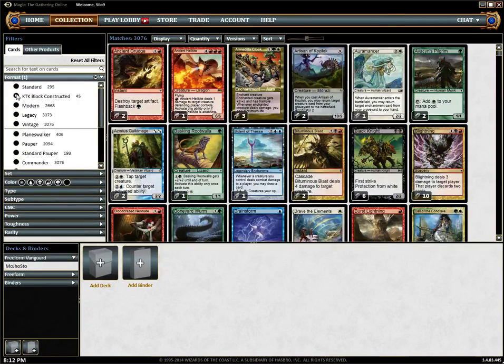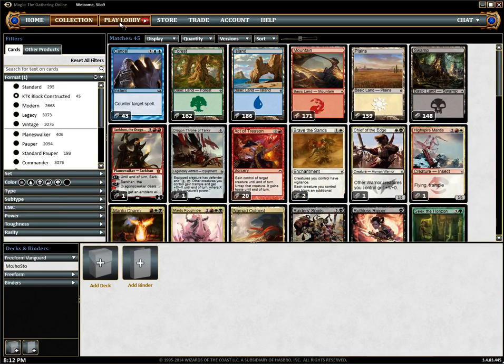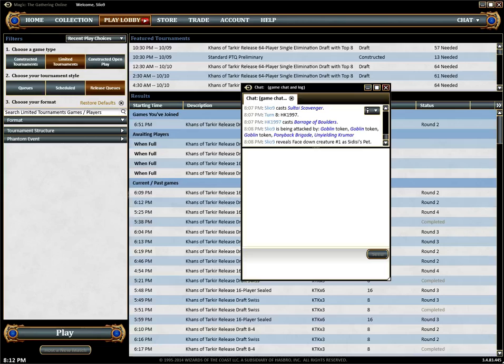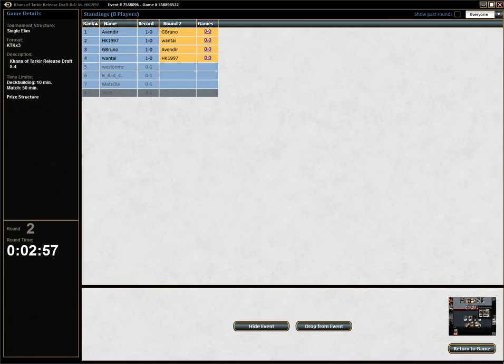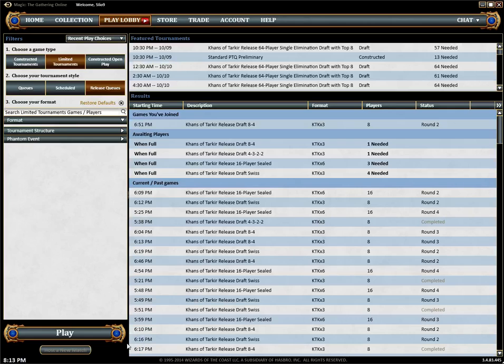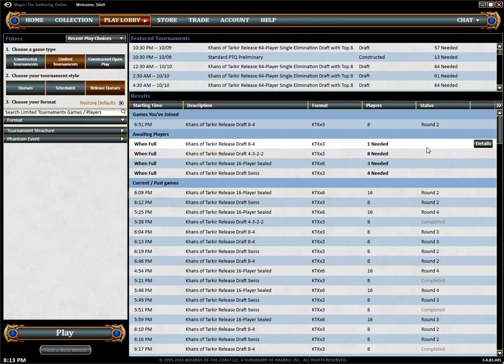We had the one from... Yo, the Dragon Man. But yeah. The man who's been conditioning his hair very well and thoroughly. Oh, what was that noise? Oop. I heard that noise. The bug. HK 1997 wins the match. HK 97. The bug. Okay. The bugs have arrived. Anyway,